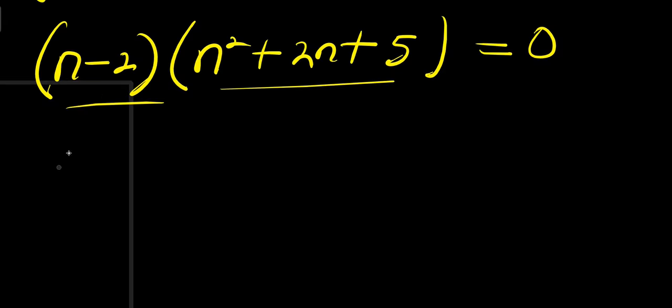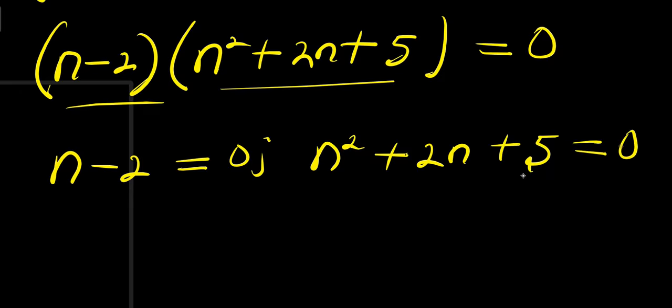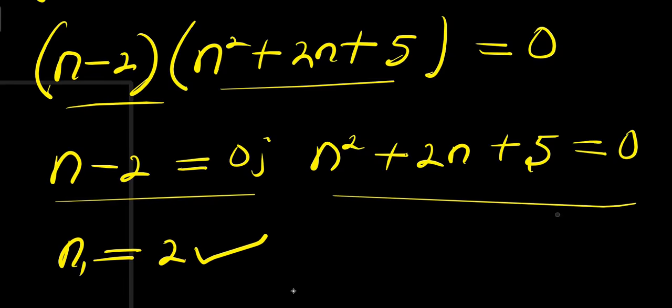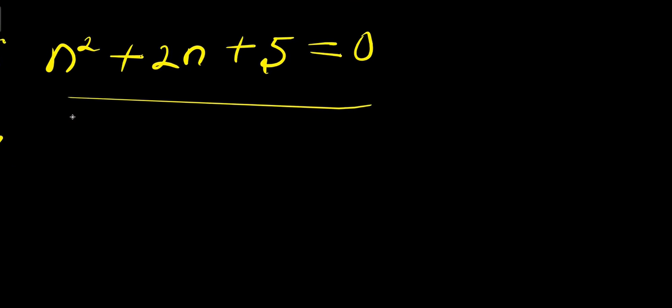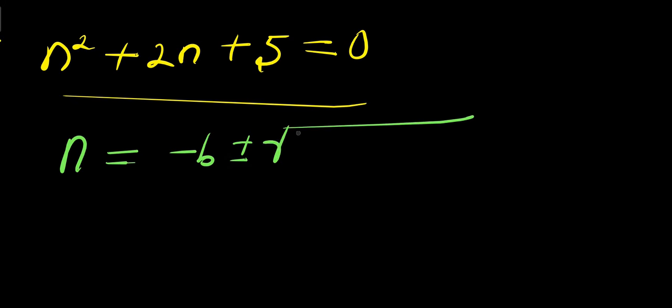So we have n minus 2 equals 0, and also we have n squared plus 2n plus 5 equals 0. To solve this, I have n equals 2, that's my n1. To solve this, I consider using the formula method. We write the formula in respect to n. So we have n equals negative b plus or minus square root of b squared minus 4ac